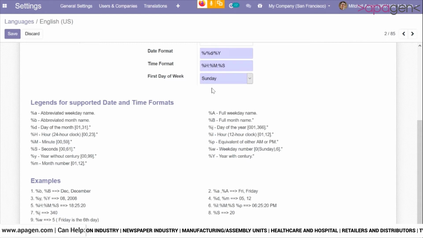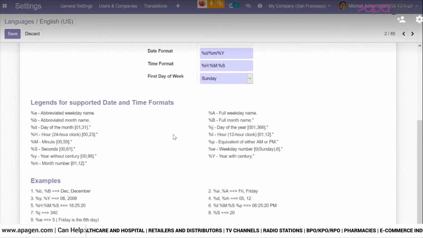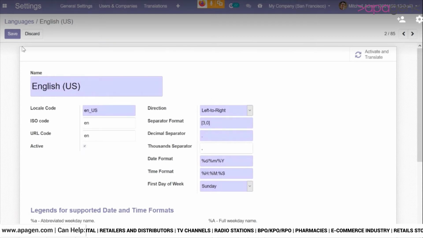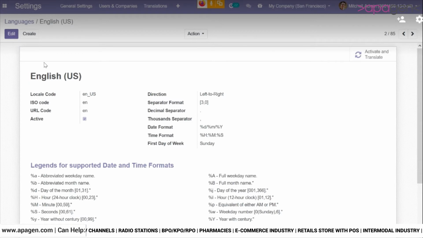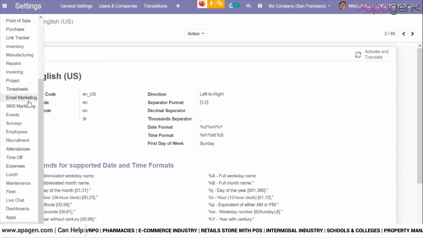Let me change this from month and date to date and month. Okay. So I'm going to click on save, and this should save my date format. I'll simply need to refresh related to any data.